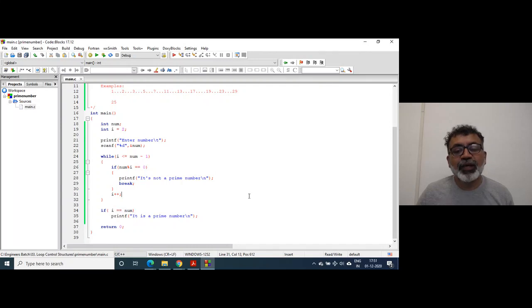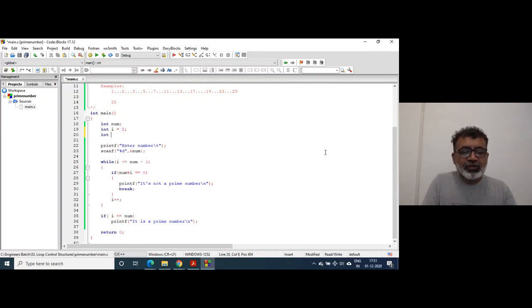This is one way. Another way is you can use a variable like flag as well. So I will declare one flag. Flag is just a variable name, and I will set the flag to, suppose, 1. Flag is just a way of writing the program.